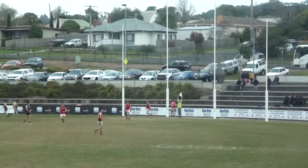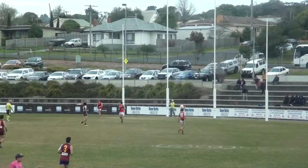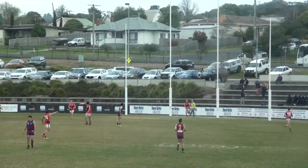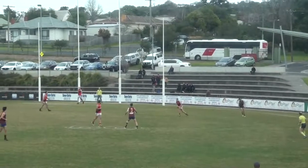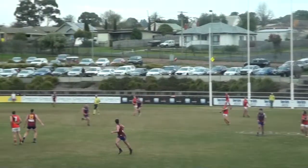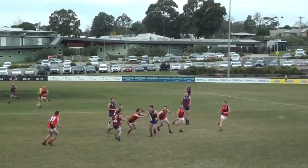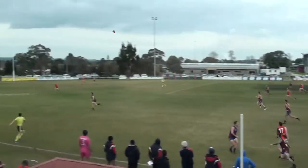23-point margin in Moe's favour, 15 minutes into the third quarter, 9-7-61 Lions, 6-2-38 Bairnsdale. Got a quick around the grounds check for you, since we have to do everything these days, Poppy, for Harvey Norman Furniture. And at Leongatha, they're 7-7. They lead the Tigers 6-2. So tightening up over there at Leongatha. The Tigers are coming. They are indeed, and so are Bairnsdale, because right in front of our TRFN commentary position,